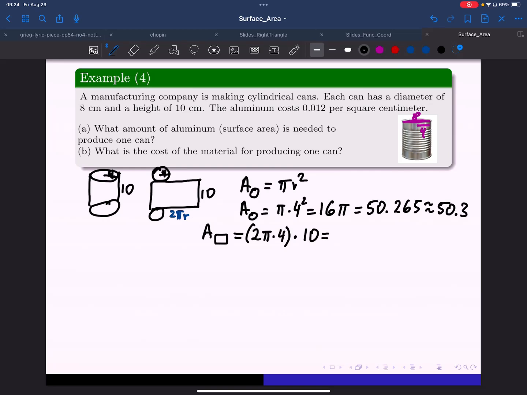If we multiply this correctly, we're getting 80 pi, because 2 times 4 is 8, times 10 is 80, and we have pi. Then we use the pi button, and we're getting